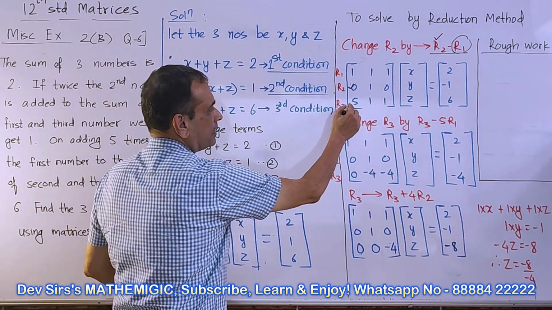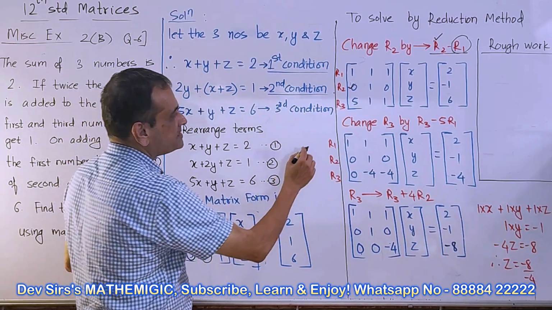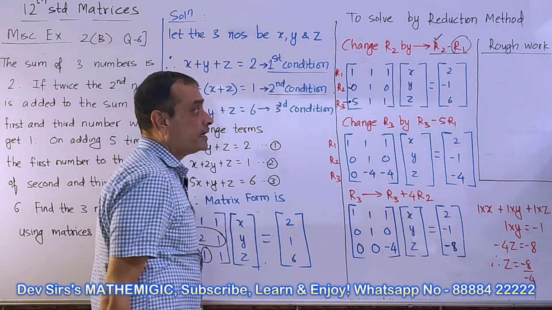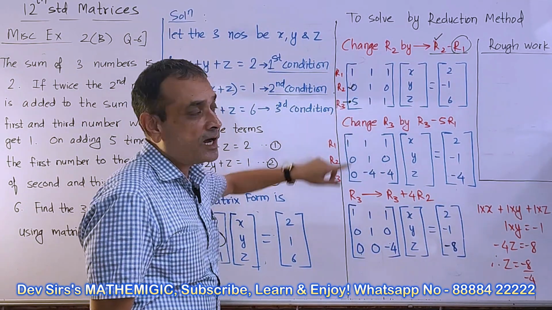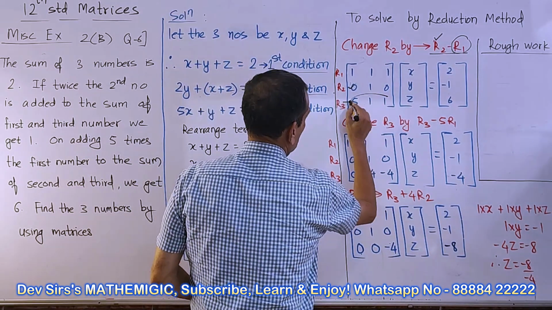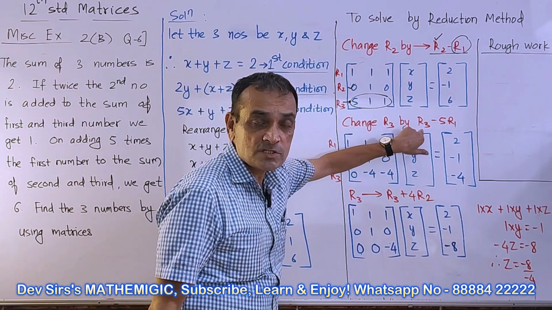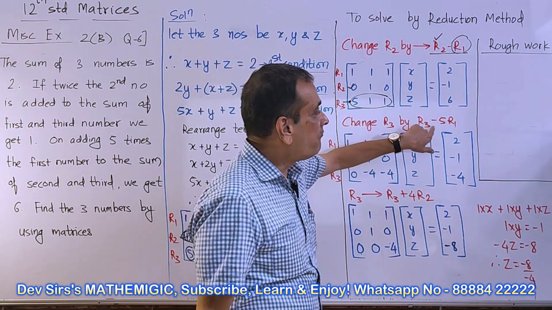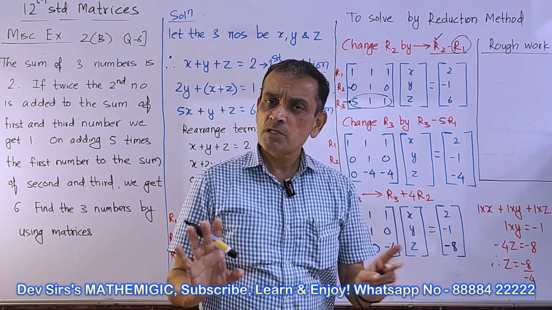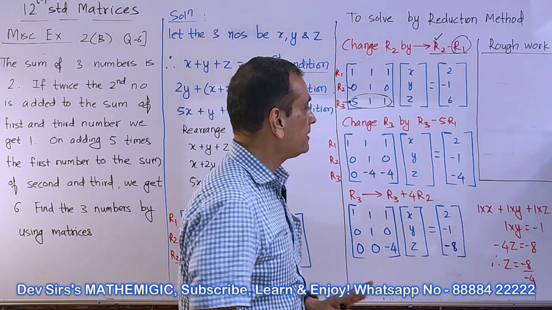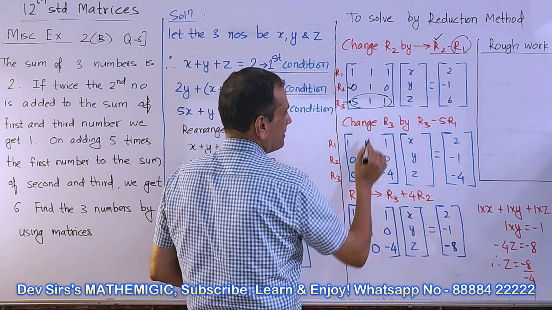Now I am going to get 0 here. 3 पोजीशन मार्क किए हैं ना मैंने, सो यहाँ पे 0 लाना है, यहाँ पे 0 लाना है, यानी क्या, R3 को चेंज करना है। R3 को मार्क करके रखता हूं मैं, R3 is going to change. Because R3 is in the first position, बदलना ही चाहिए। Whatever is in the second position, 5 R1, 10 R1, 100 R1, कुछ भी करो, that is not going to change. Okay, so 5 R1 is not going to change, R3 is going to change, इसलिए मैंने मार्क किया है।